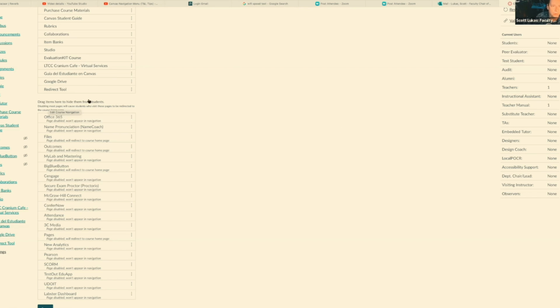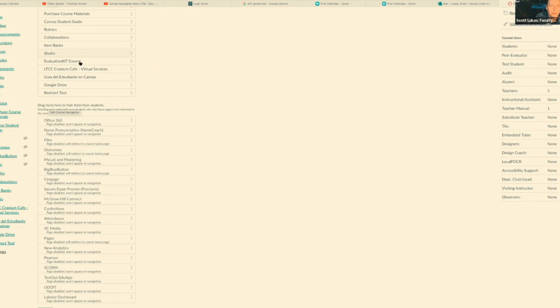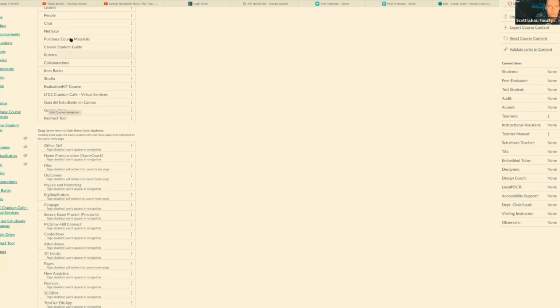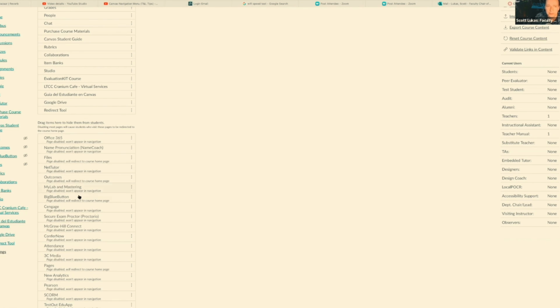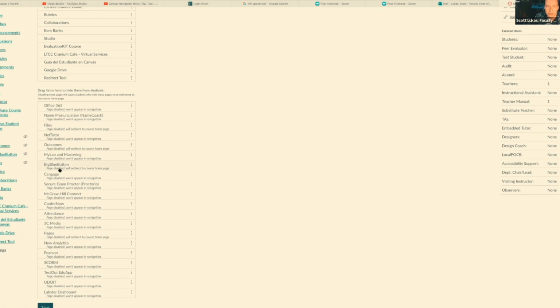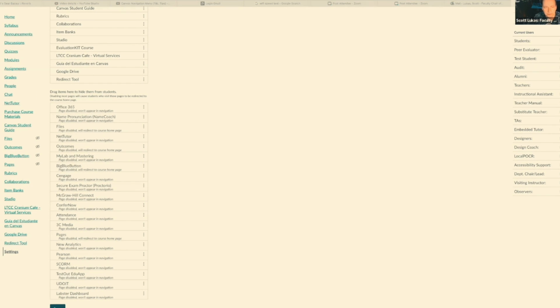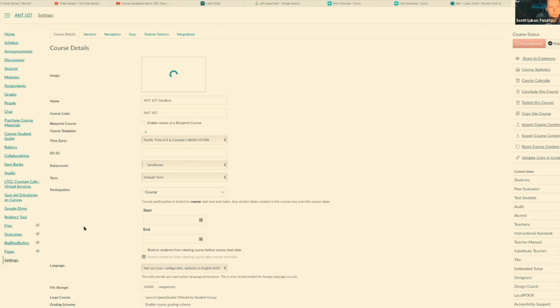So if I don't want a certain tool, and this doesn't matter for this class, I'm just going to pull something out of here like NetTutor, and the reason is this is not a current class. So now you see NetTutor is here, so it'll be disabled, but I do have to scroll to the bottom of the screen, and I always have to hit save. There are some places in Canvas where you don't have to hit save. This is one where you do. Once you hit save, it will be official, and then it will repopulate this menu here, and we should then see that reflected here if that was removed. And I forget where it was in here, but it should be now removed.